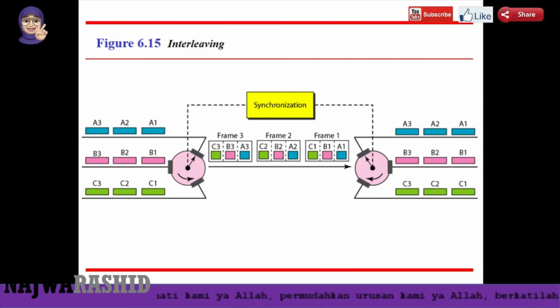So this is the process. For example, for synchronous, you have the signal and you have time, in order to make sure the process is in synchronization. So it will send frame 1, frame 2, frame 3, until the end of the